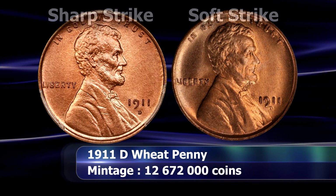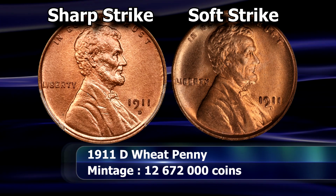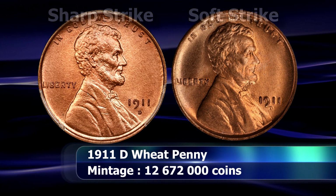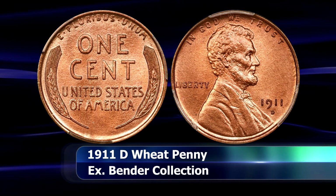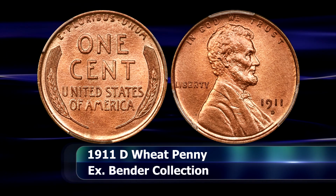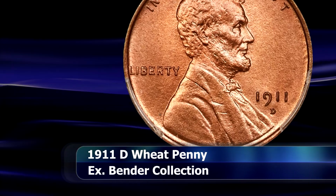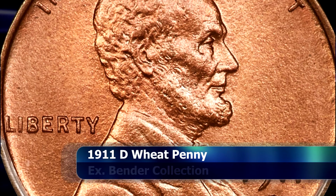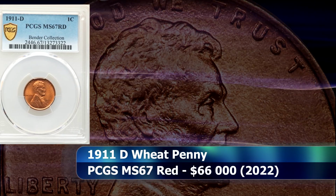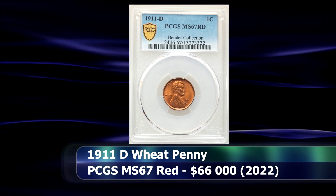This coin, however, seems to be exempt from just about every generalization for this issue, sharply struck with impeccable details and perfectly preserved with fully red mint luster. You would be hard-pressed to find a finer example. In fact, it would actually be impossible, as there are none finer graded on the combined census reports at all. So, in August, this PCGS MS67 red coin was sold for